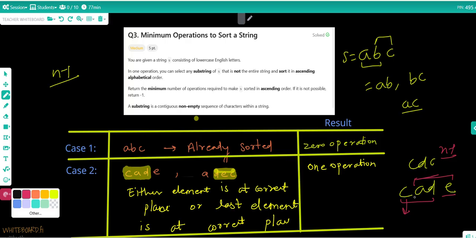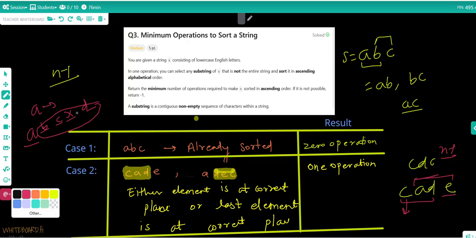Like if your string contains a, and a is present at the first index, no matter what is present on the right side, the answer is always one operation, because you can choose the right part and sort it, then the whole string will become sorted, like b c x d.